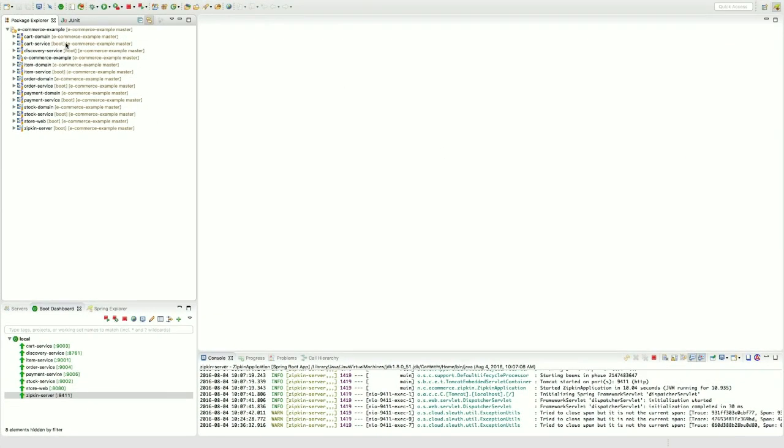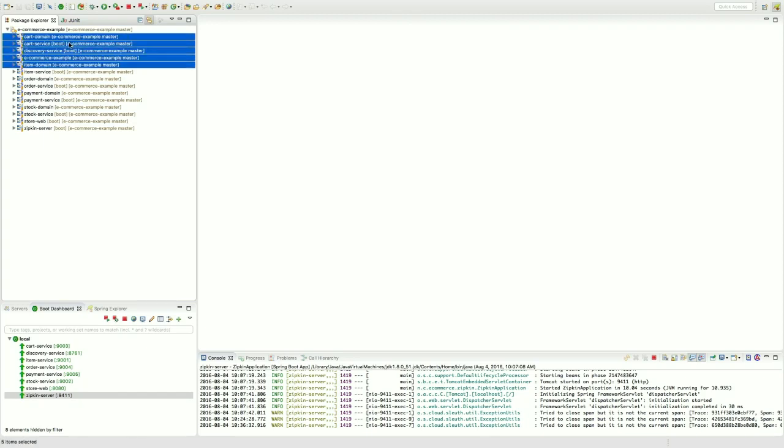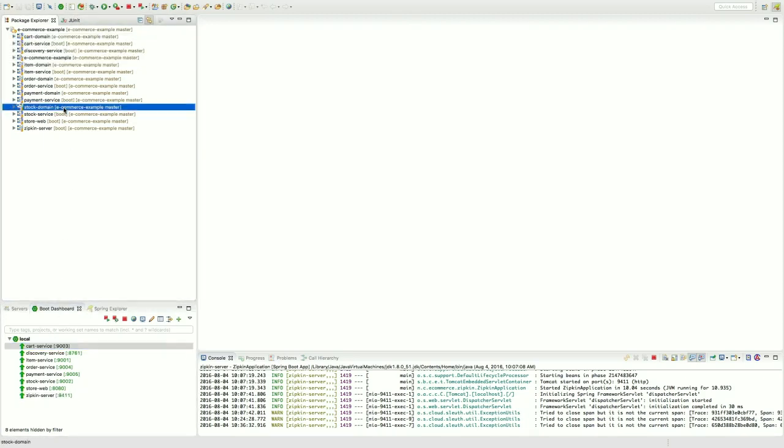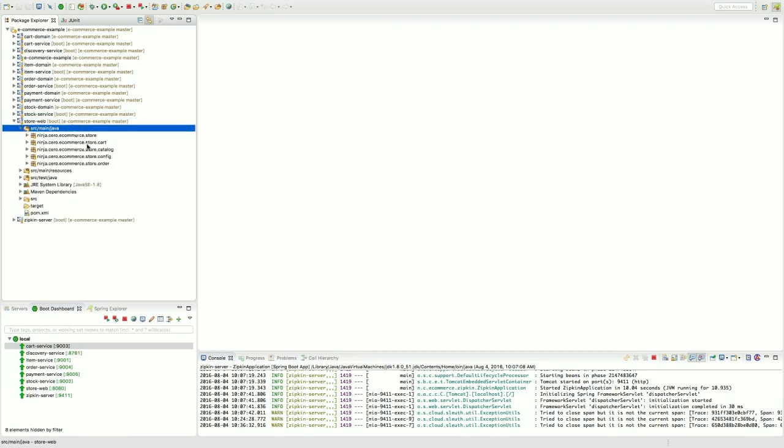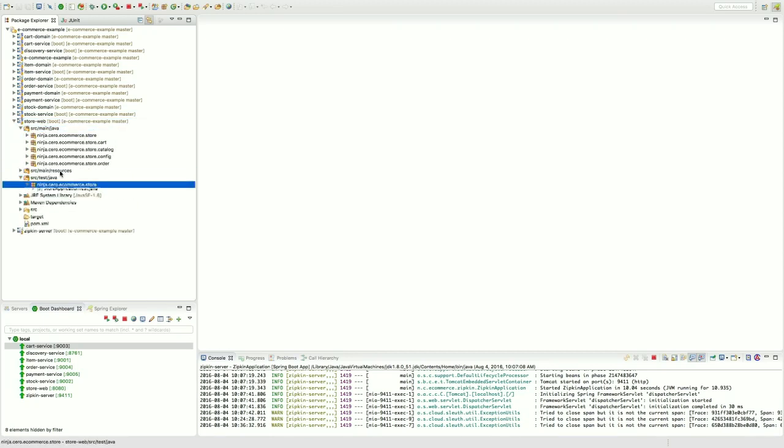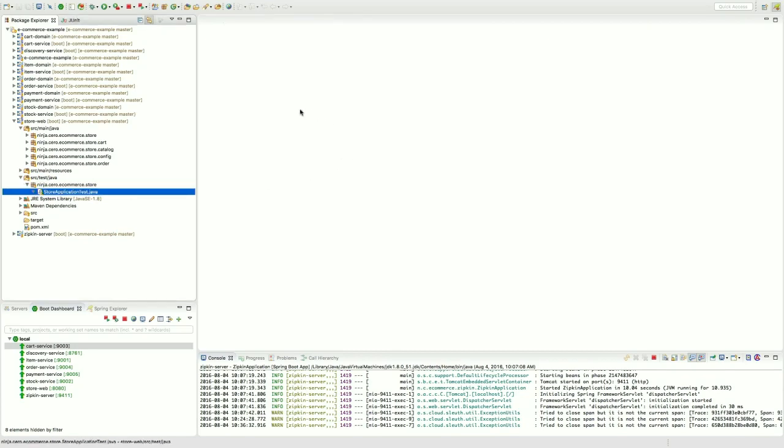Here is a sample application written in Spring and Spring Cloud, like an e-commerce site example. Let's run this test.